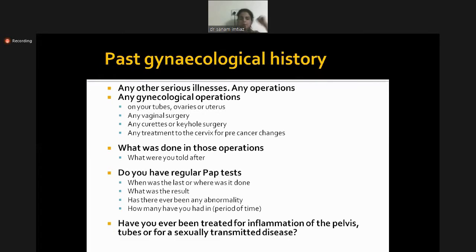Have you ever been treated for inflammation of the pelvic tubes? That is for PID. How do you ask this question? You can ask if the patient has had any history of dirty vaginal discharge, and she was given an antibiotic for at least a duration of 2 weeks, and her partner was also treated. So this is one of the things that would give you some idea that the patient had PID in the past. And usually such patients who had PID have chronic pelvic pain as a long-term sequela. They might have ectopic pregnancy. They might have difficulty in conceiving because of tubal blockage.